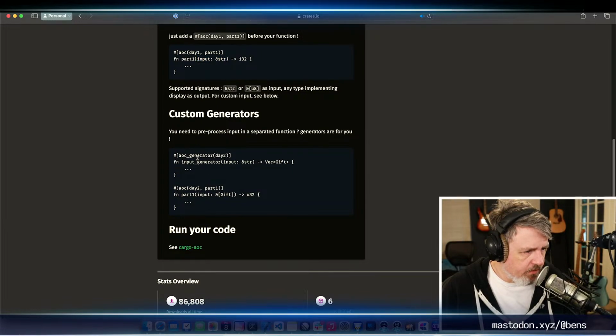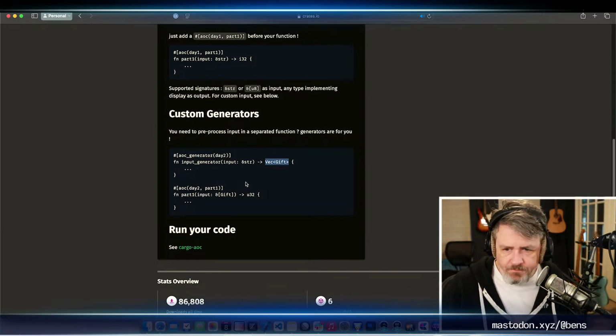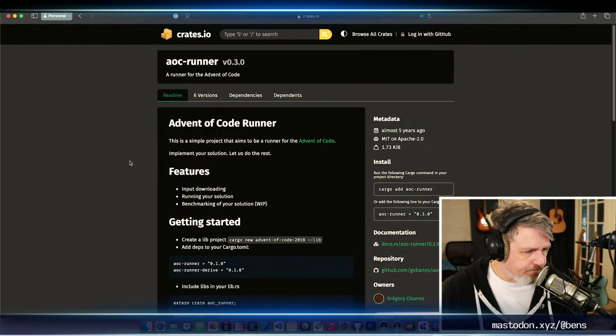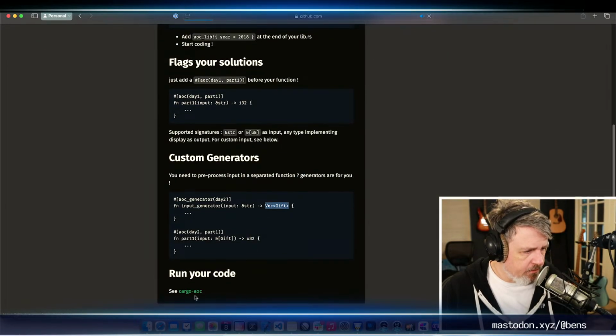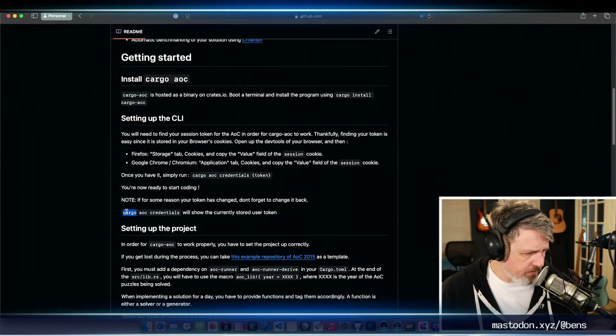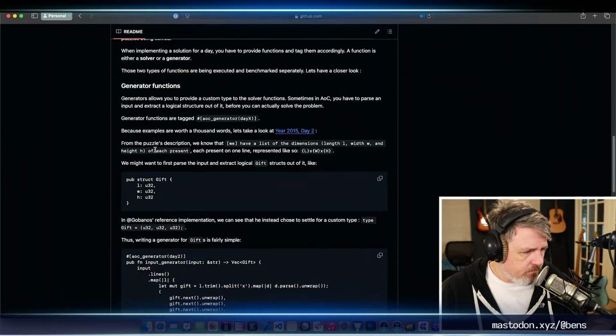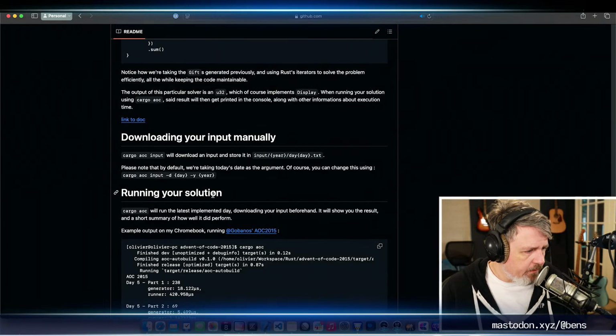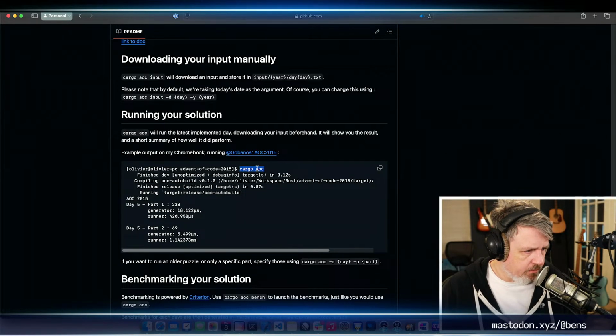And then there's a way to pre-process input, so you can get a generator which will take the input and you can turn that into something else and use it. I thought this was really cool. And then there's a way to run it. So this has a cargo extension called Cargo AOC. And then you can store your Advent of Code token. And then when you run it, you would say Cargo AOC, and it'll just run all the different parts. And it will also benchmark it for you, which is really cool.